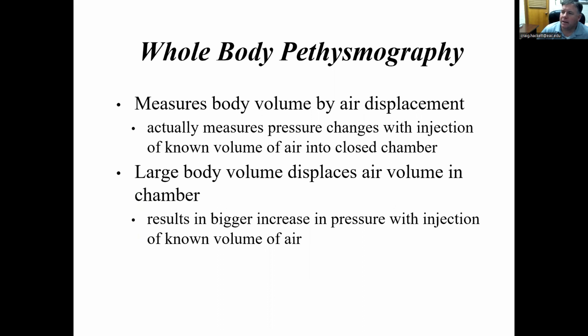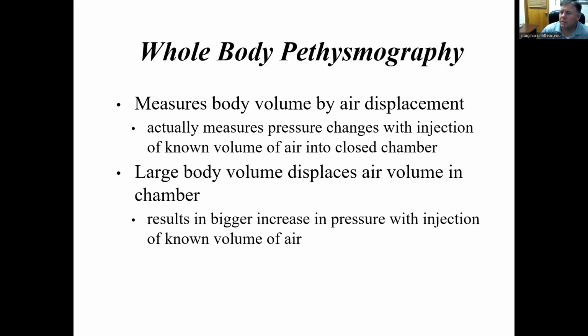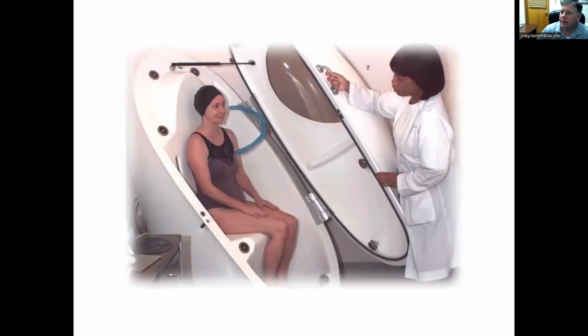So this one's interesting. This is air displacement. Let me just show you a picture of it. So you see the notes there. So if you want to take a closer look, you can use the PDF. But this is basically how it works. It's the same principle, only we're displacing air. So they have a little blue tube here that carries the air into the tank for you, and they measure that so they know how much pressure. And then it's your body mass inside of a given space, and they run a calculation and they can determine percent body fat. Once again, not super accurate, because